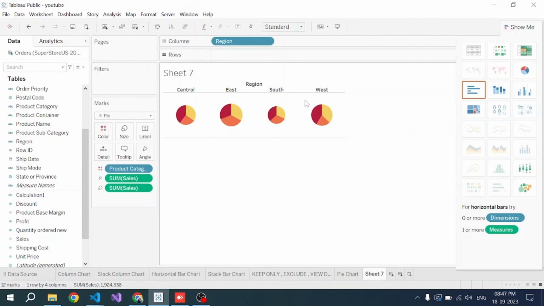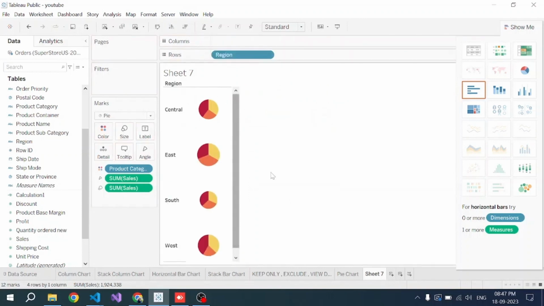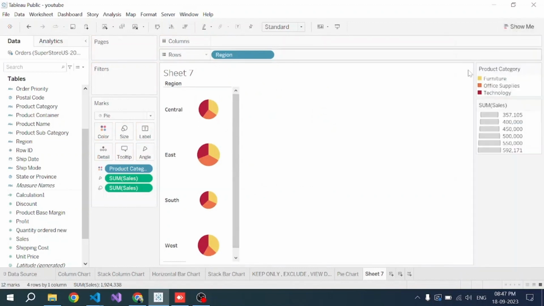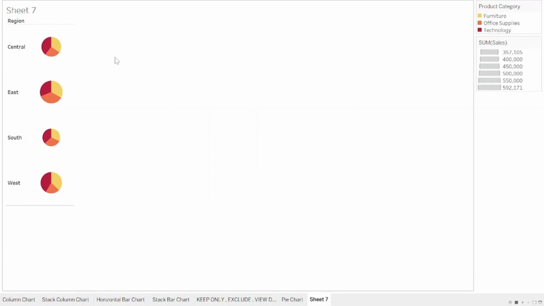And if you want to see the pie charts in a vertical manner instead of horizontal, then just drag and drop region from columns to rows. See, it's done now. Okay. Then close the show me option and click on presentation mode. This is the presentation mode. You can also use the F7 key for presentation. Okay, then if you click on the furniture part,